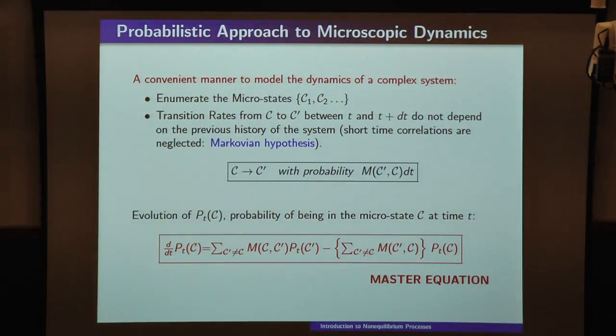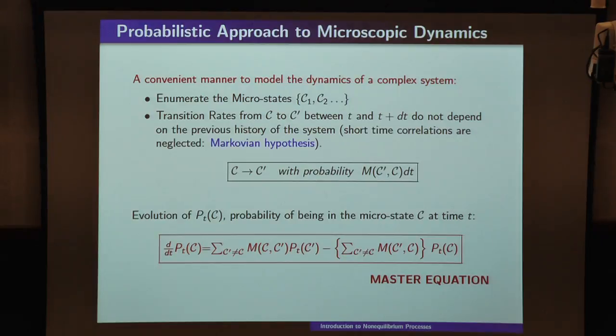So to go from C to C prime, you have to read backwards, C to C prime. So M C prime C is the rate of going from C to C prime. Mathematicians use the opposite convention, but then they have to multiply matrices on the opposite side. So the governing equation for